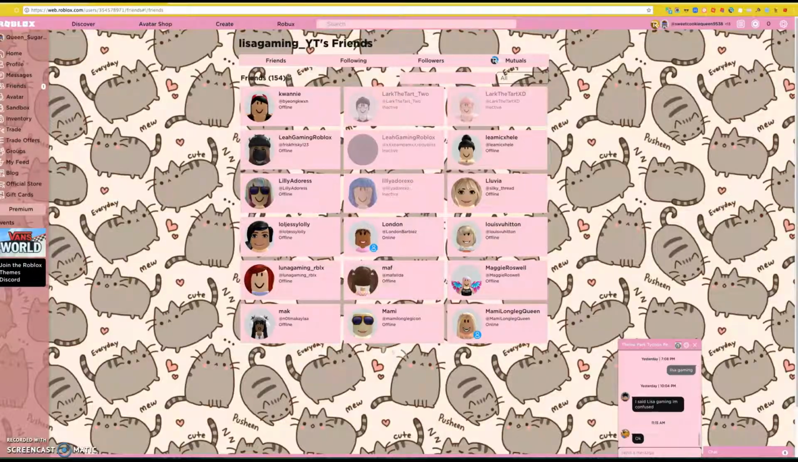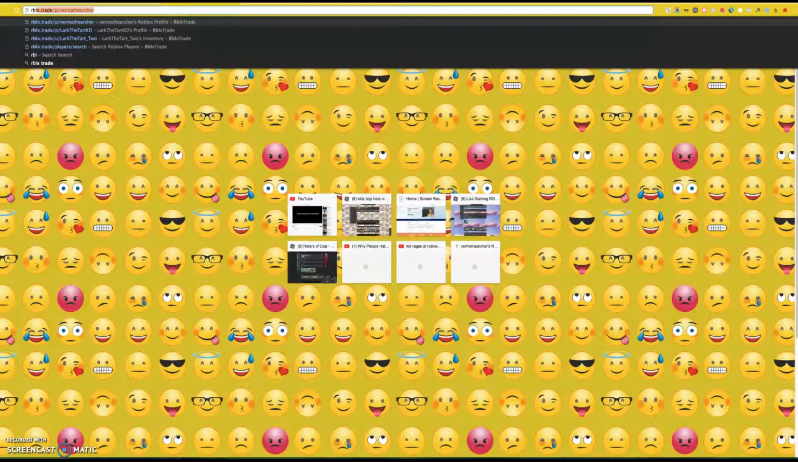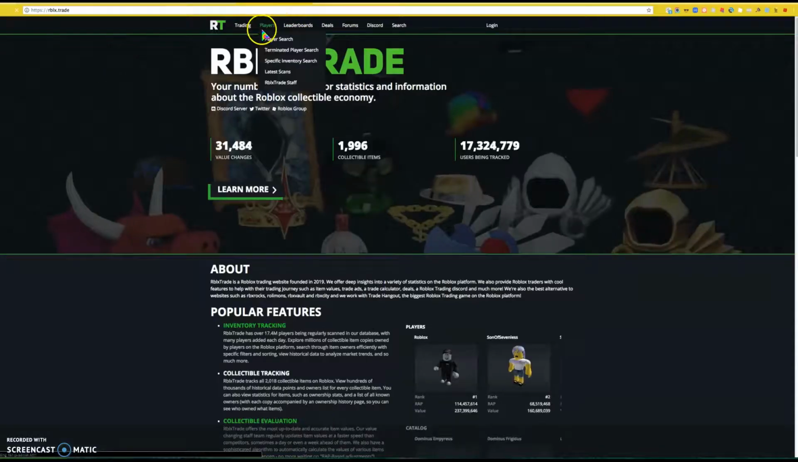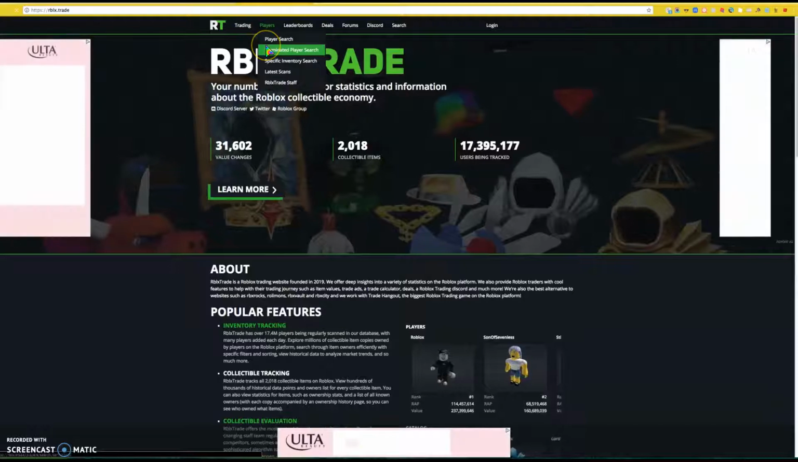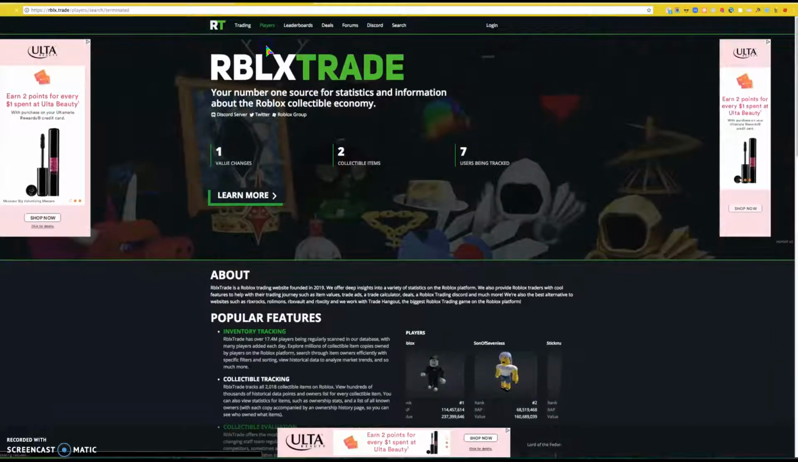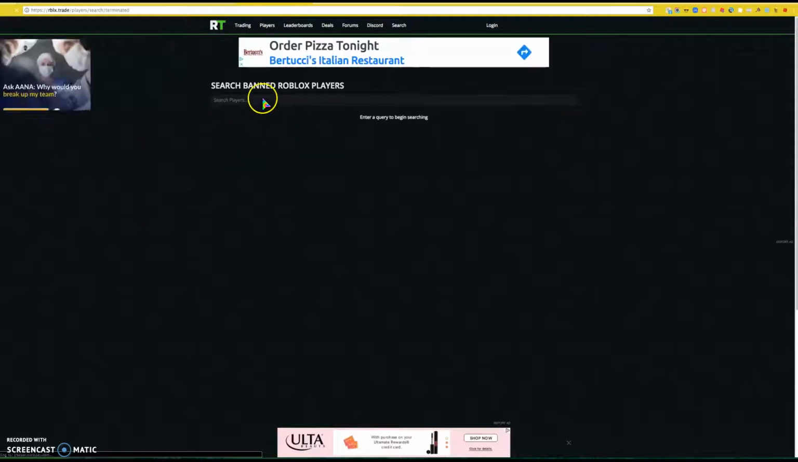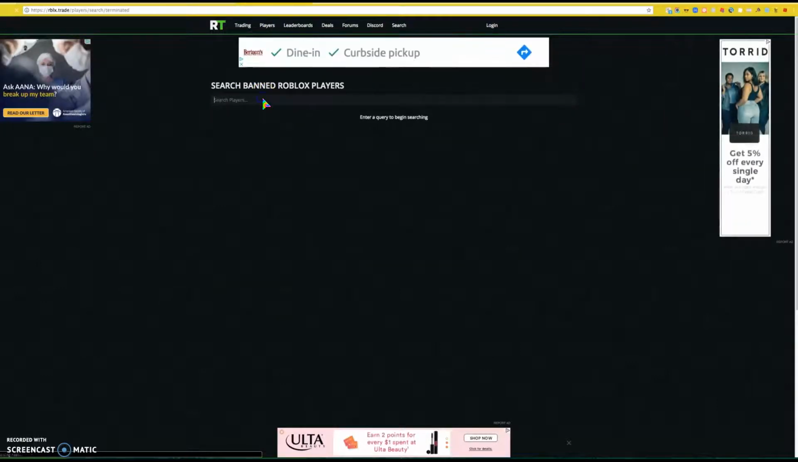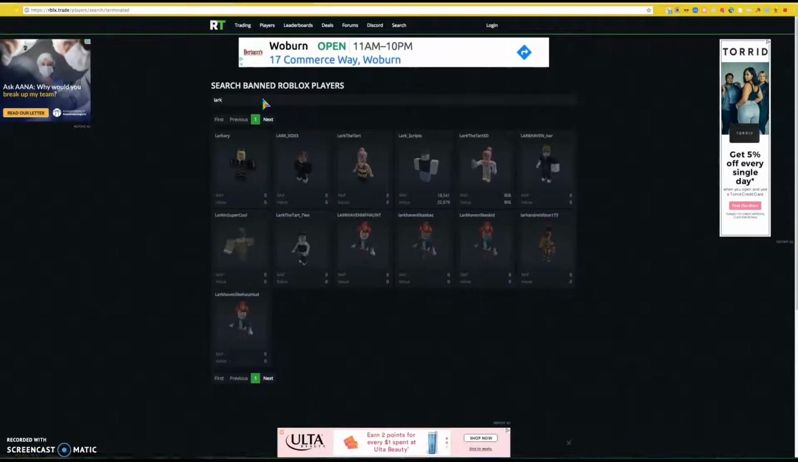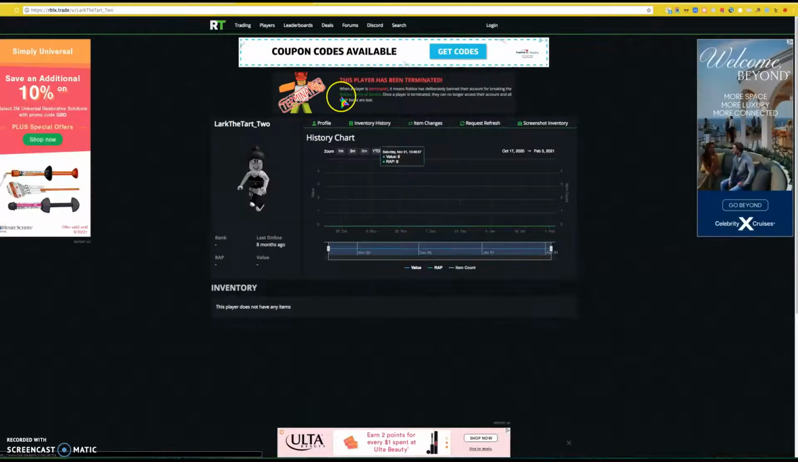So for example, you can go to this website that I found, Roblox Trade right here. It's like the site where you're able to view profiles of players. So for example, you want to view a terminated player. So search for banned Roblox players. You would type in the username that you want to view that got terminated. So you see there's Lark the Tart right here, and then you click her profile and it says that this